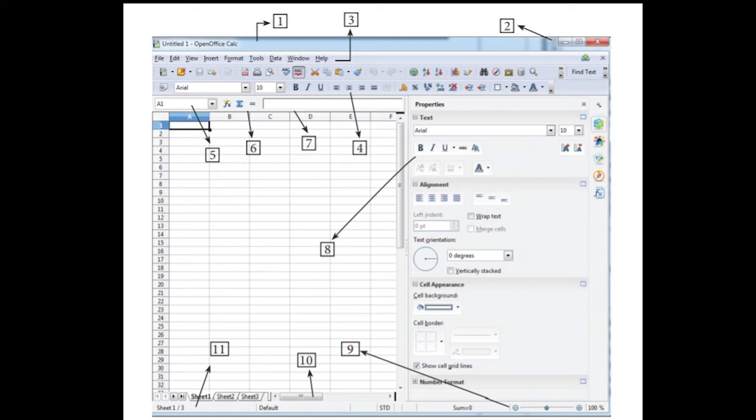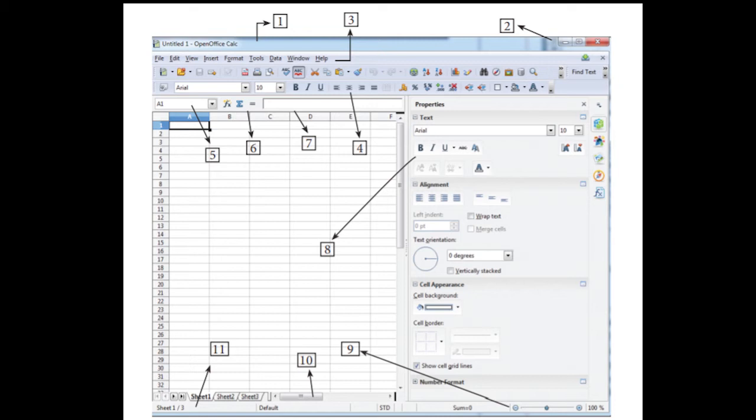And next one is window. If some windows are not there, we can just go and get that window in this window menu. And here we'll have new window, close window, split and freeze. These options and all will be there in this window. Next one is help menu. Help menu means, if you want any help, you can just use this help menu, right? That's all about this menu bar, and these are all the things present in this menu bar, right? File, edit, view, insert, format, tools, data, window, and help, right?